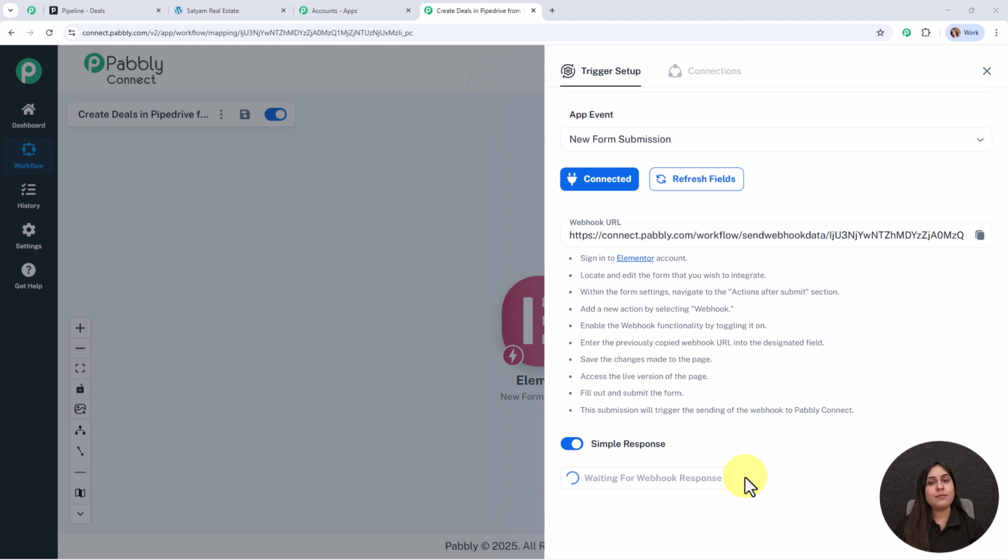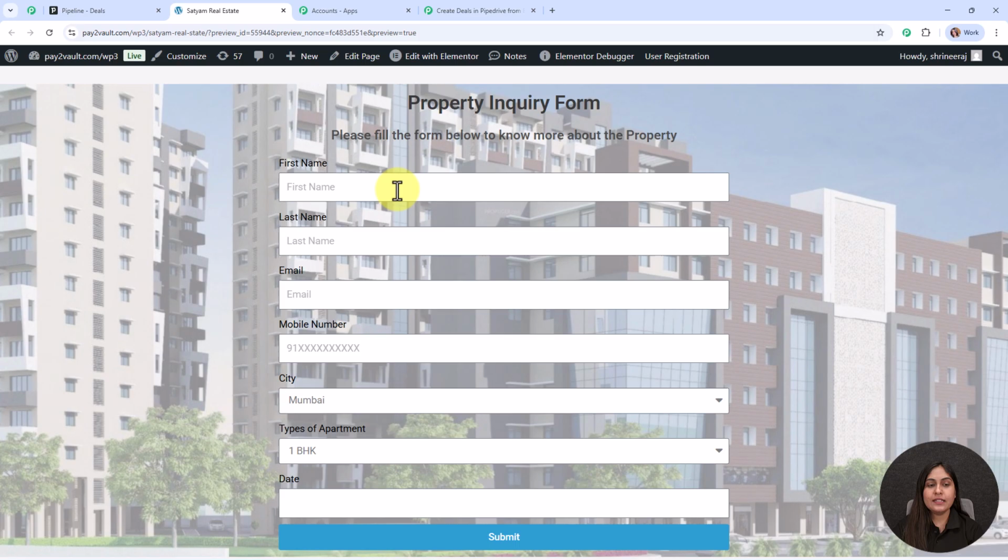And to do a test submission, we need to make a test submission in our Elementor form. So for that, let me take you back to my form. And here I'm going to enter some dummy details and make a test submission. So here for the first name, I'm going to enter the name as best, last name as user, email as